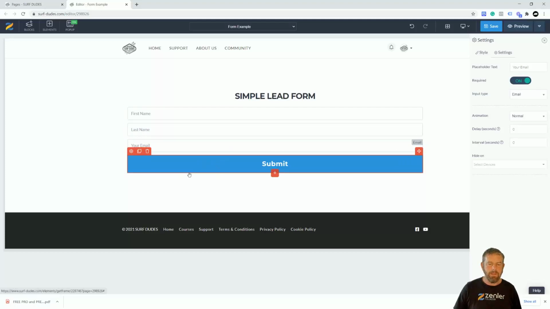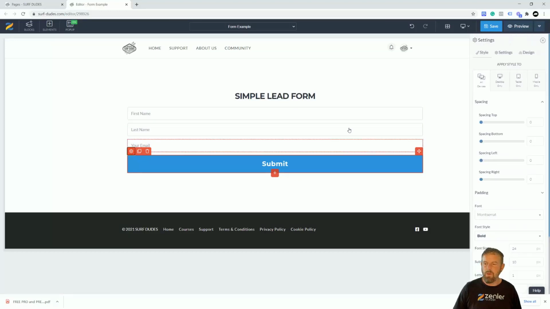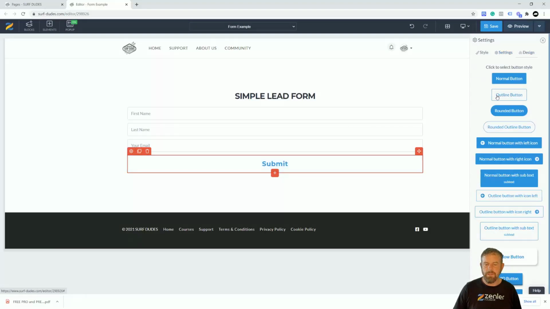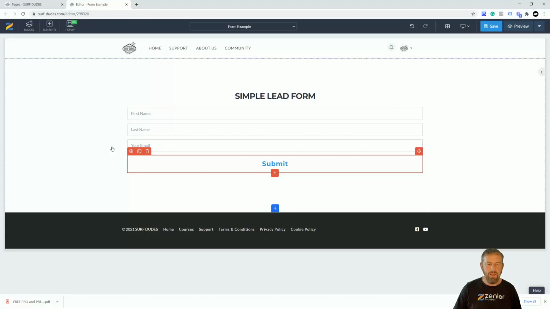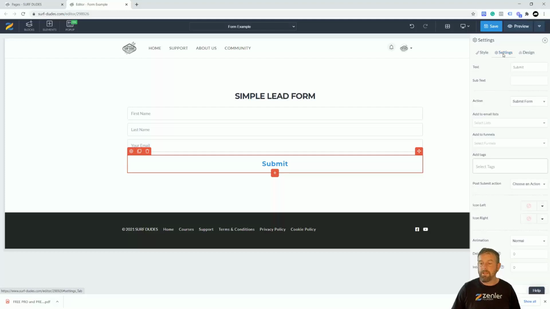Okay, now I'm going to go down to the submit button, just going to hit here, and we're going to discuss a little bit more about the settings inside here. So we come into the settings. The first thing I'm going to do is just change the design. Just going to do something like that, and then we're going to look in the settings, and this is the most important part of this workshop. So under settings here you can see we've got the text, so I'm going to go in here, sign up